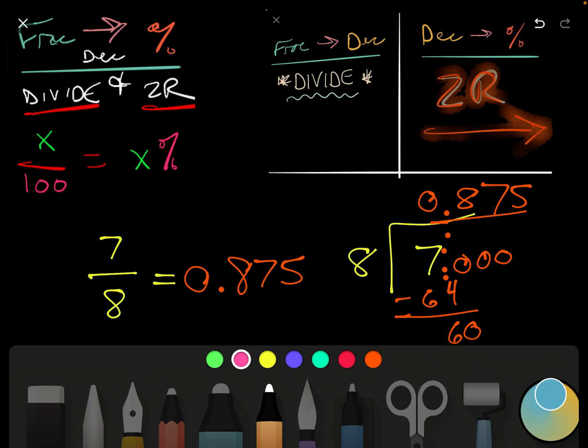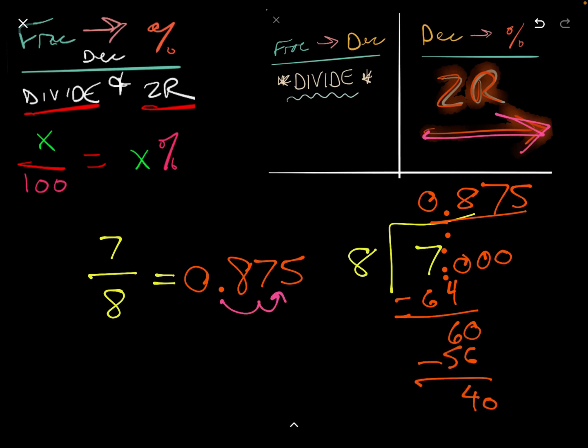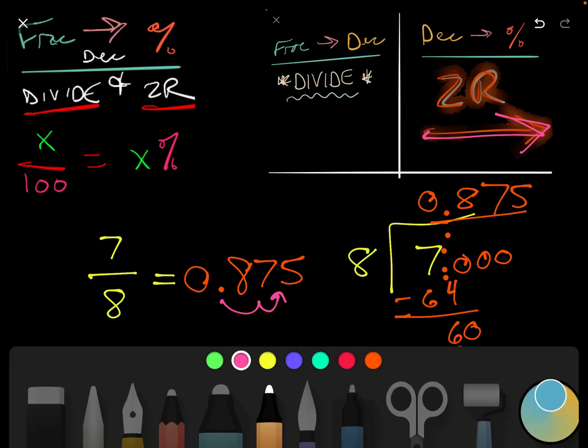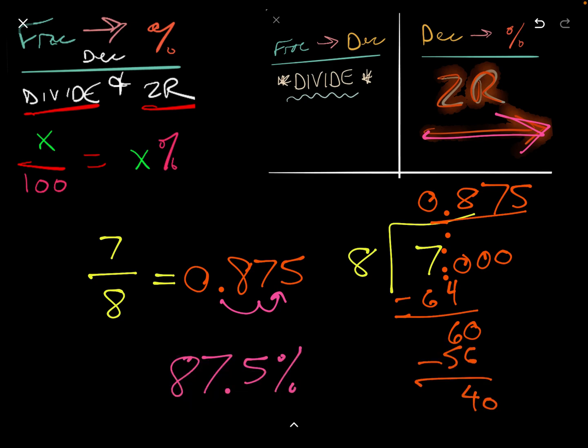Now that is not 875%. Again, remember, we're going 2 place values to the right from here, and that is 87.5%. Okay, now if we were to round that to the nearest whole number, and again, rounding is an important skill to have,